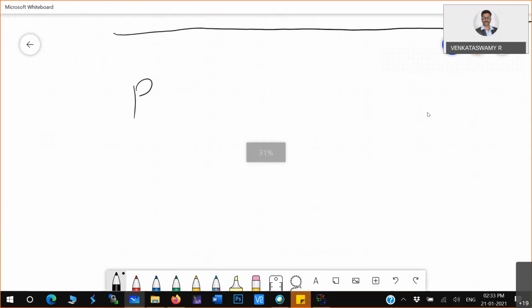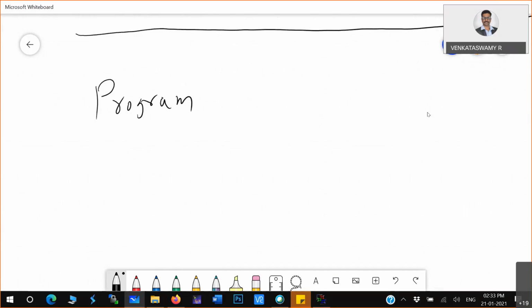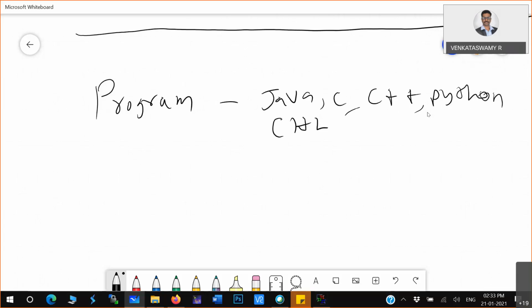You may know programming languages like Java, C++, Python. These are all called high level languages, HLL, high level programming languages. Actually the computer will not understand these programming languages.